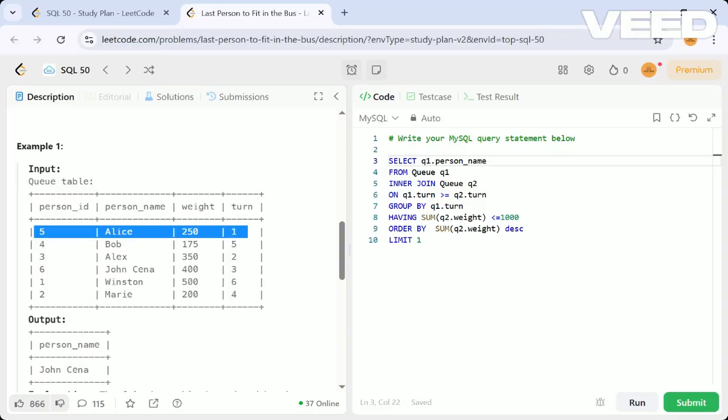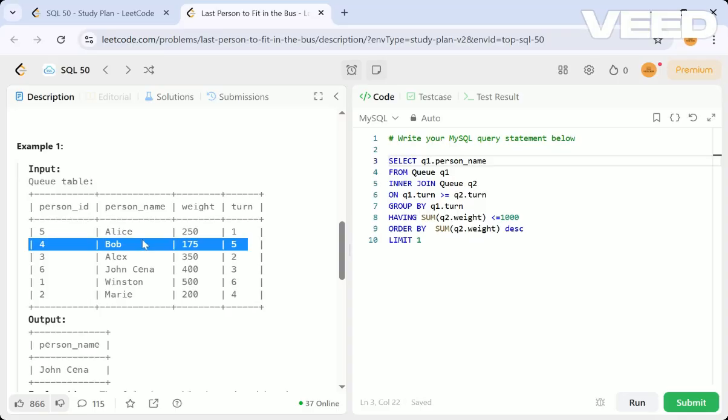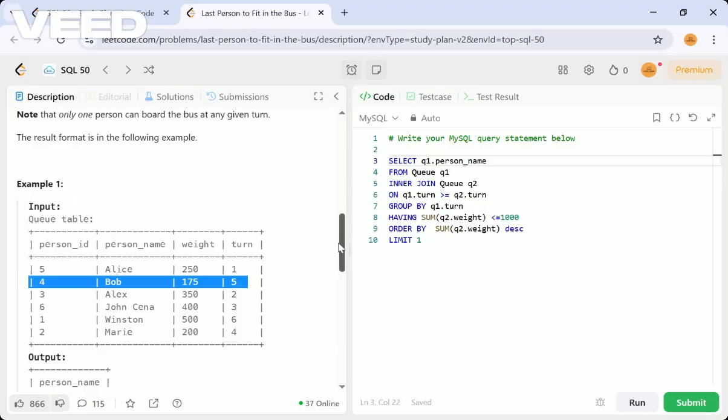If you see 5, before that we have Elise, and after this, grouping with turn ID, checking that the maximum weights before that are not crossing 1000, then we get that particular top row first. Every time we are taking the top turns and then the rest of the turns.